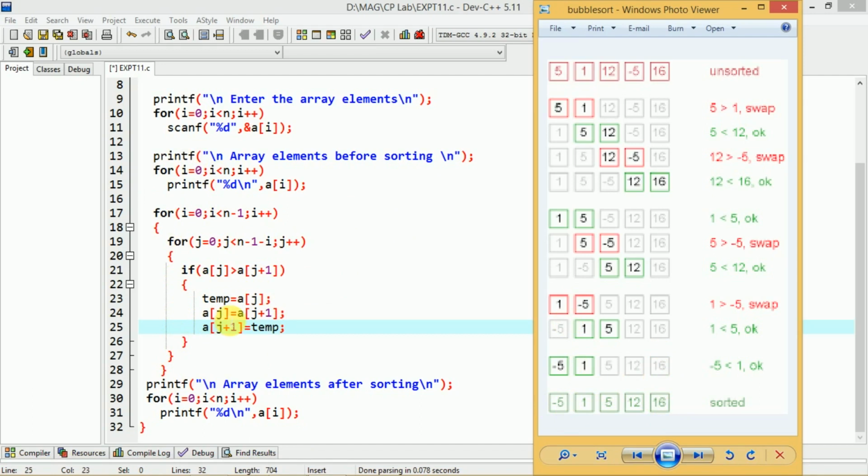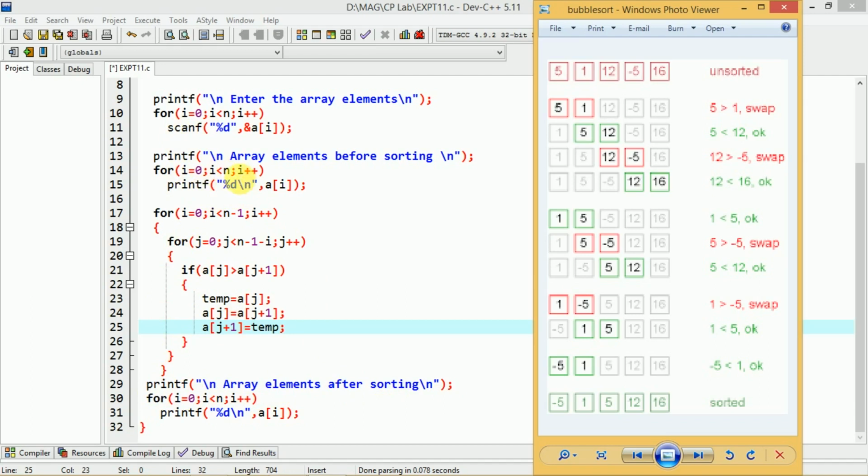In this way this bubble sort algorithm will work, and once you complete the sorting, you have to display the sorted elements. For that again we have this heading, printf array elements after sorting. We will display this message on the screen, and below this once again we display the content of array as we did here.